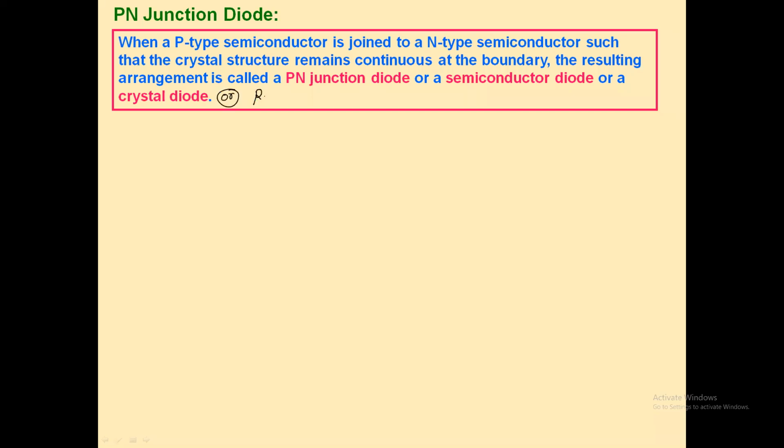rectifier diode. म्हणजे किती नाव झाली बघा याला, PN junction diode, कारण P आणि N टाइप ऑफ सेमीकंडक्टर मटेरियल जॉईन केलेले, सेमीकंडक्टर डायोड मटेरियल सेमीकंडक्टर आहे म्हणून, क्रिस्टल डायोड कारण त्यांचं क्रिस्टलाइन स्ट्रक्चर आहे म्हणून, आणि रेक्टिफायर डायोड का तर ते रेक्टिफिकेशन प्रोसेस साठी यूज केले जातात. आपल्याला नंतर ऍप्लिकेशन बघायचं. Okay, so these are the 4 different names of the PN junction diode.